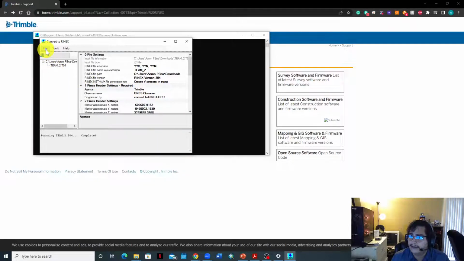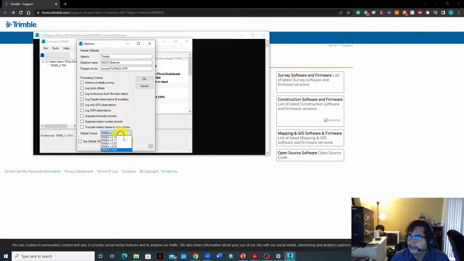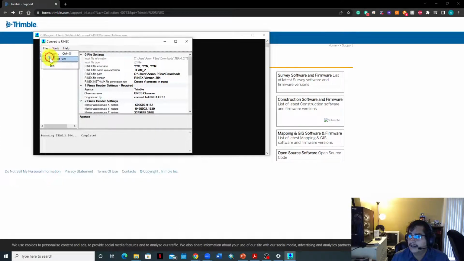The thing I want you to look at is up here. So if I click on tool, sorry, option, I want you to select the latest RINEX version. If you don't have this selected and get like a version 2.10 or 2.11, OPUS will not recognize the file. So that's going to be a problem. So you have to click on the 3.04, the file, convert files, and it will give you